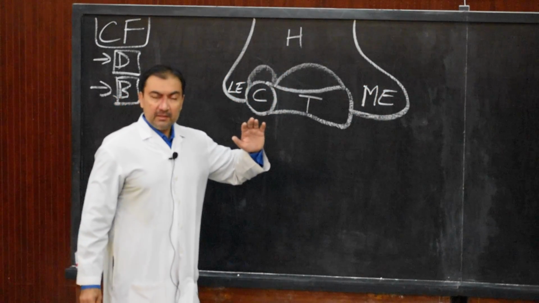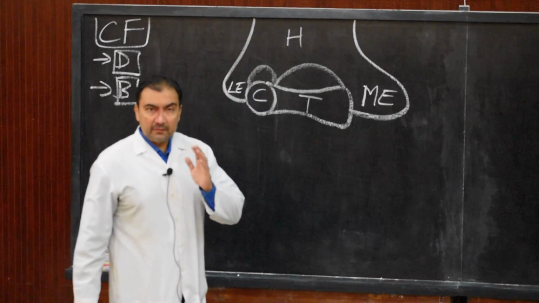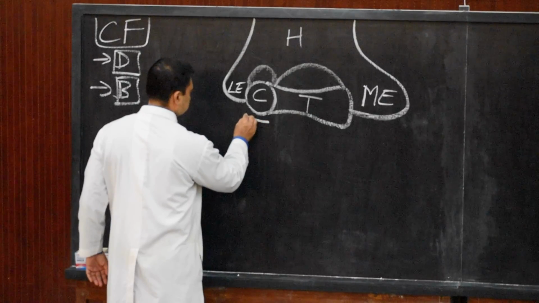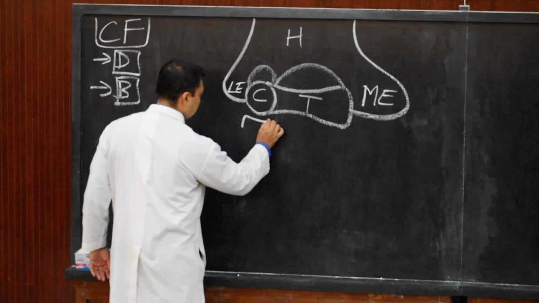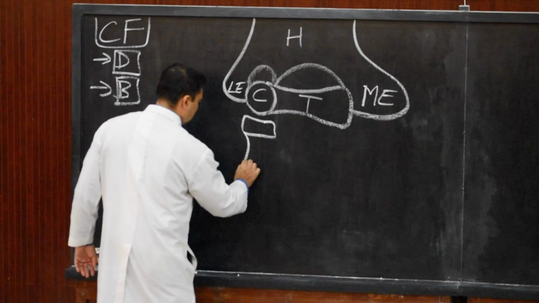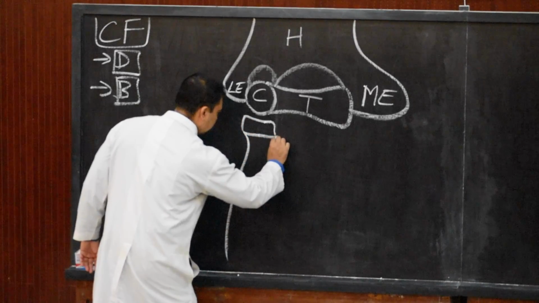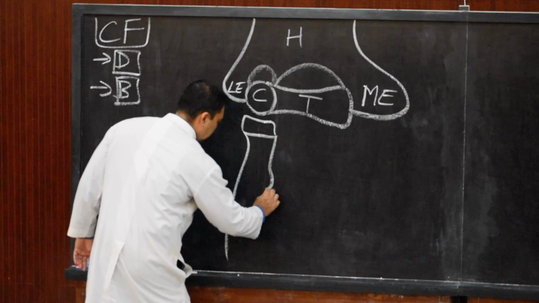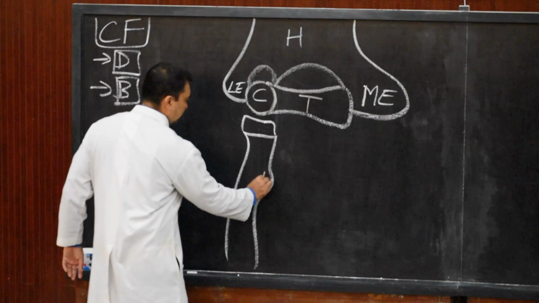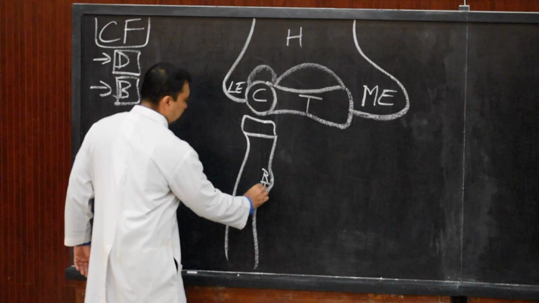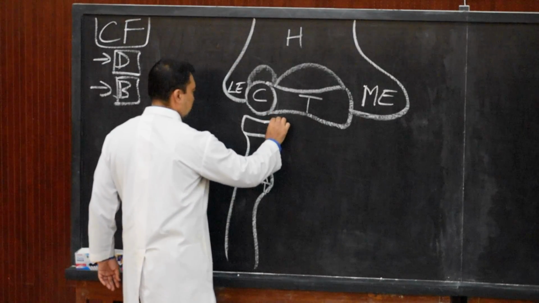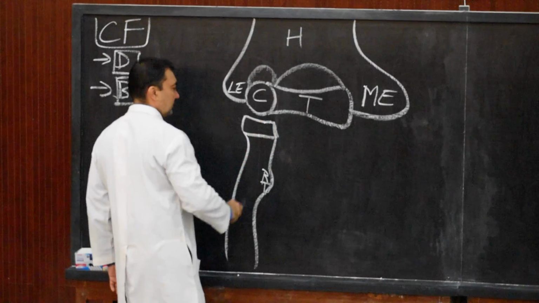Very simple. The anterior part of the lower end of the humerus, and just below the capitulum, we are going to draw the head of the radius. So this will be the head of the radius, and over here, the upper end of the radius, in which we show the radial tuberosity, and similarly the radius bone. This is the radial tuberosity, and of course this is the head of the radius.